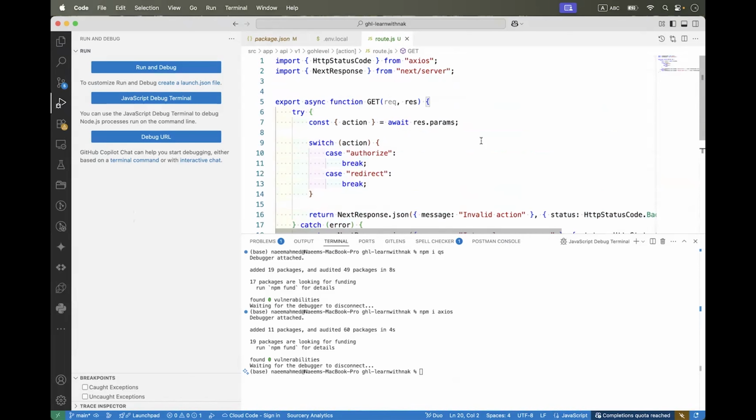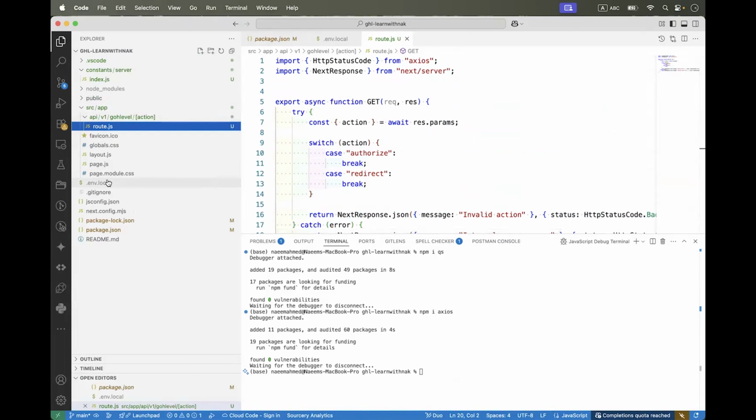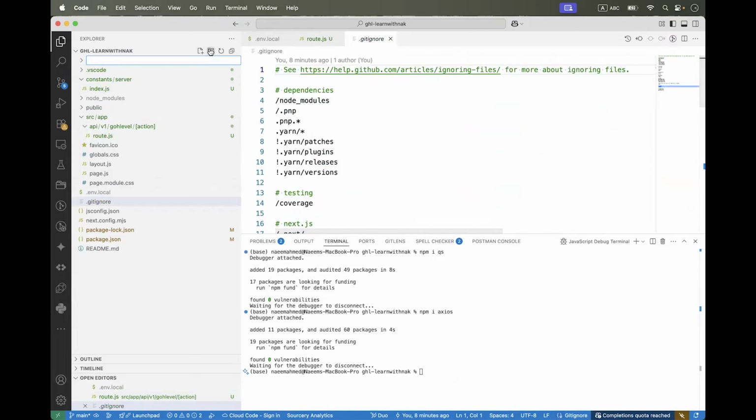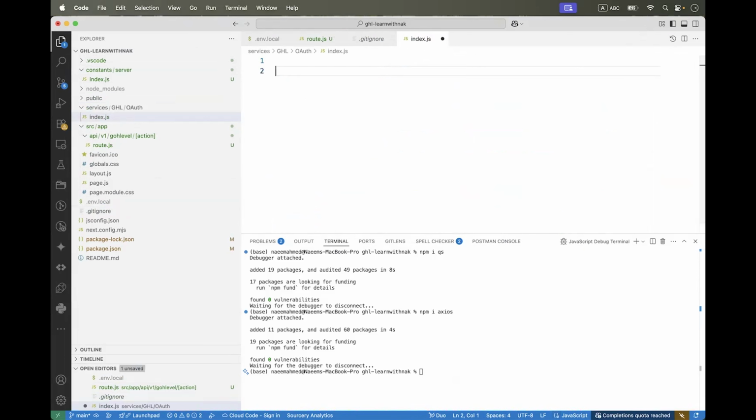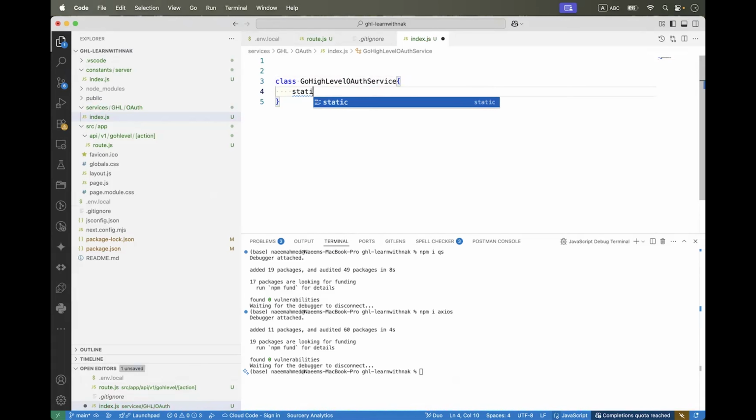Okay. Now we first need to create a services directory inside the root directory, and inside the services GHL share and OAuth. Inside the OAuth, index.js, and here we need to create a class called GHL OAuth service. And then I say go high level OAuth service. Okay, static,